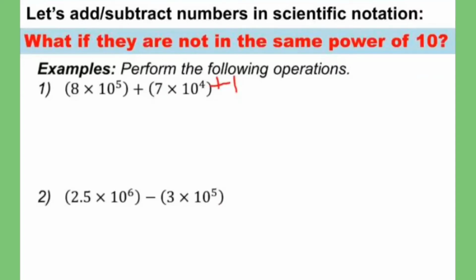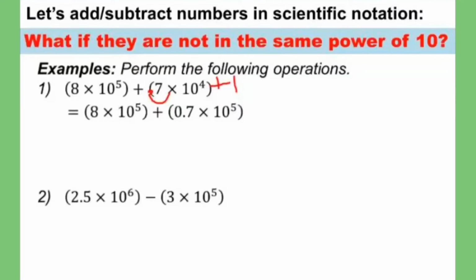So, para mangyari ito, kailangan nating i-move ang ating decimal point to the left side. Therefore, we have now 8 times 10 raised to the power of 5 plus 0.7 times 10 raised to the